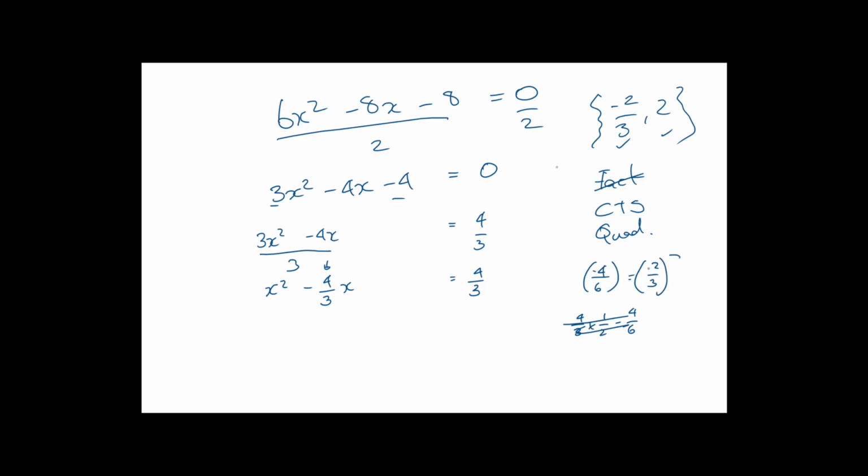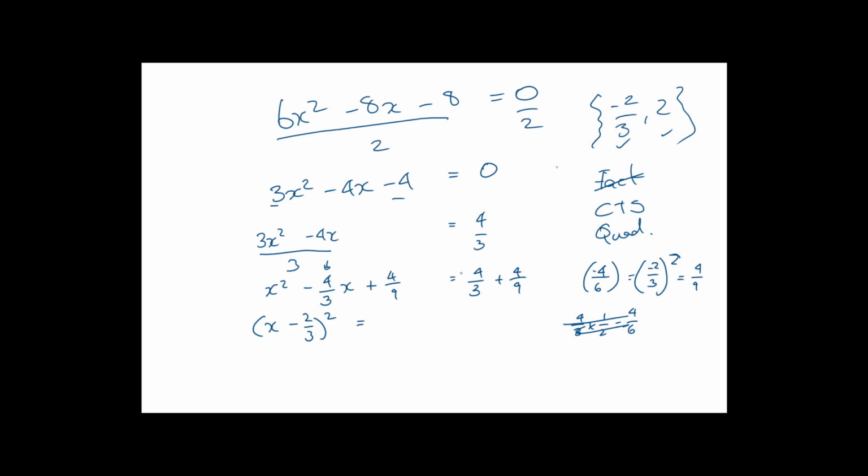squared. Well, if this is a negative, that's negative. If we do that and we square it, then we're going to have 4 over 9. And it's going to be plus 4 over 9. And whatever we do to one side, we have to do the other side. And that's going to be really great because it's going to be x minus 2 over 3 squared equals, now 4 over 3